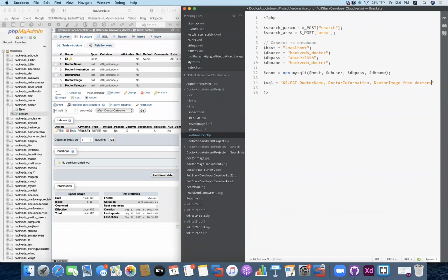From doctors, where, let's say initially we are going to search the area and the category, where doctor area like,